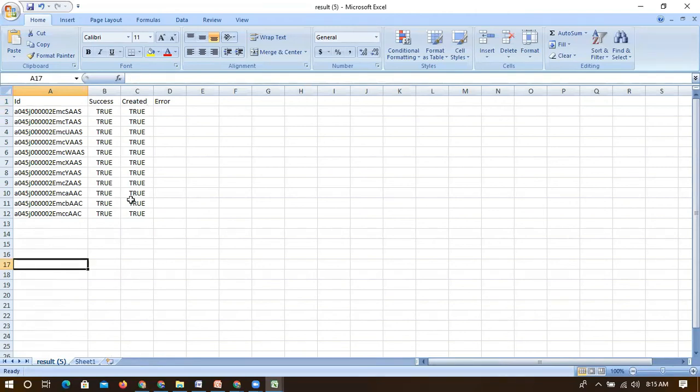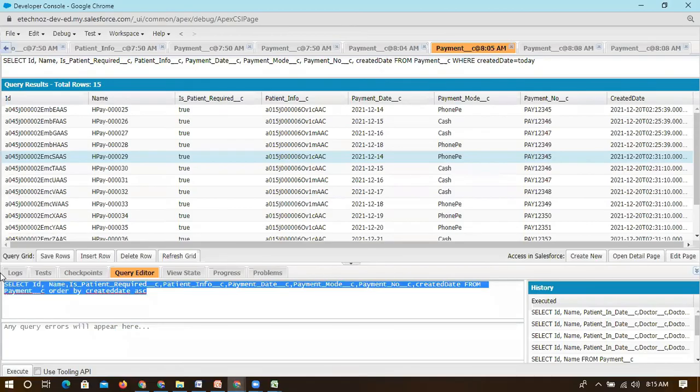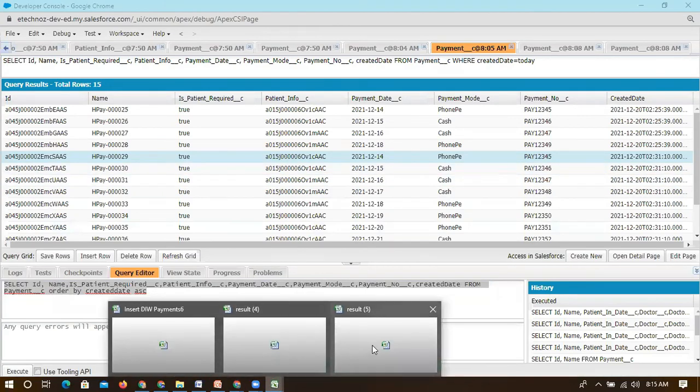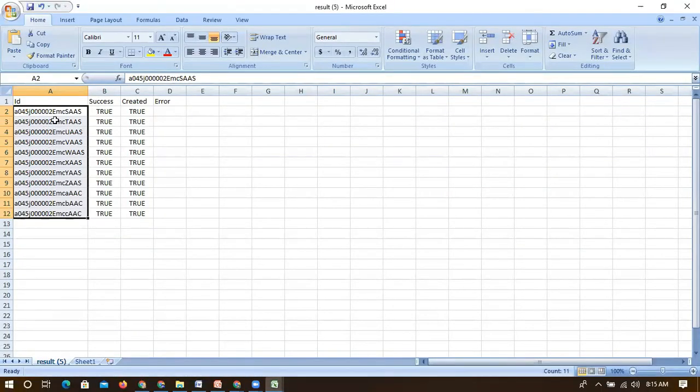The second thing we can also do: from the query, we just select manually one by one. That is one way. Or second, we have already got the result. Within this result, if you can see, we already have the ID. So you can just copy this ID, and based on this ID, you can update the information. Let's consider I have these IDs, a total of 11 IDs.